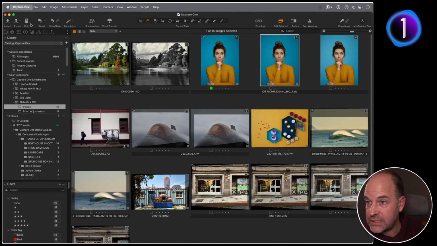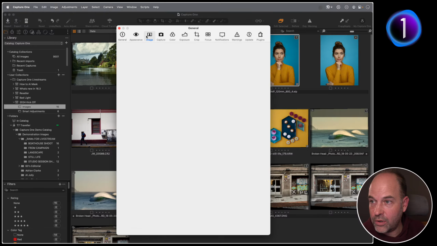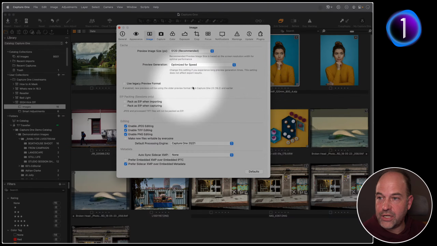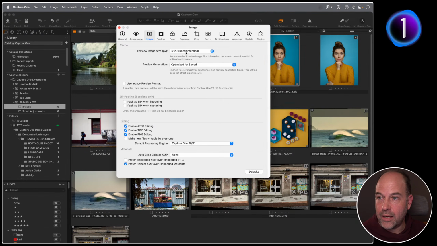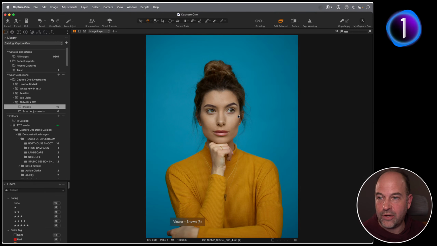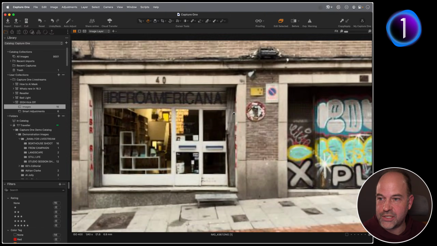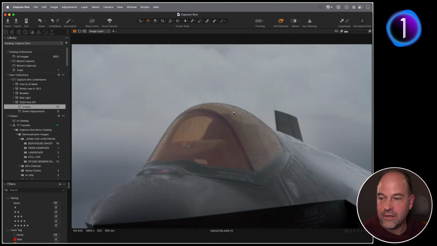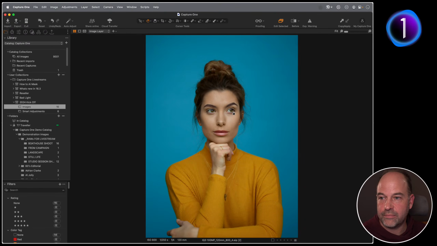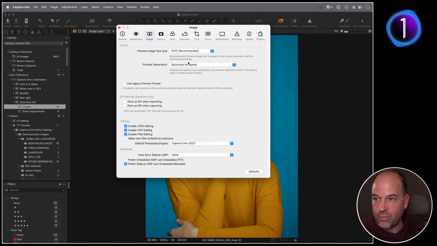What you might not notice in Capture One now, worth having a look here, is your preview generation. Capture One will recommend the size of the preview, and the preview is essentially what we're looking at in Capture One when you're browsing through pictures at speed. We're not having to look at the raw data, we're just picking up the preview file. What's changed is that the way we generate the preview is now way faster and they're much, much smaller. So again, Gordon, you're saving hard drive space, and you can pick for quality or speed.